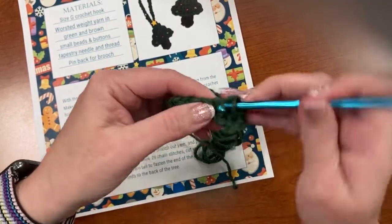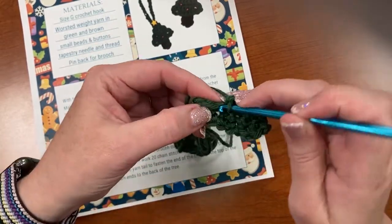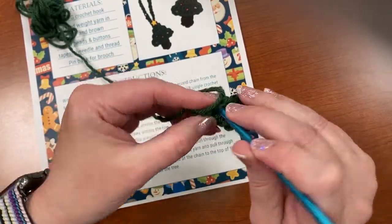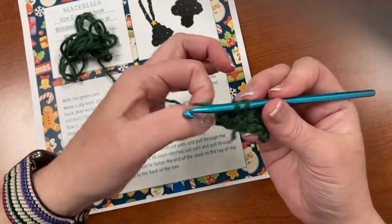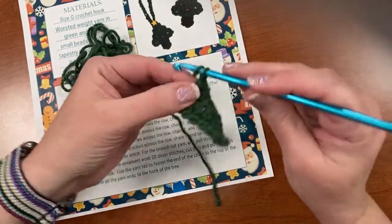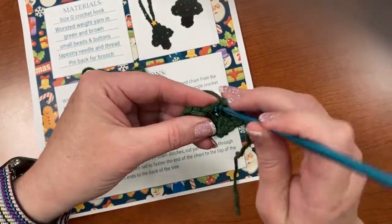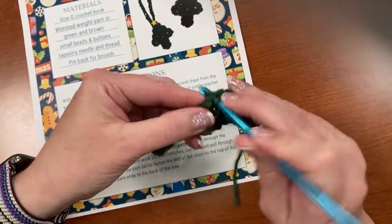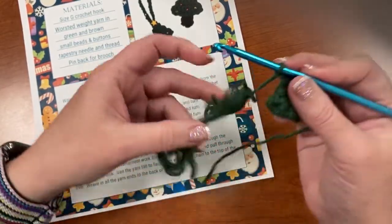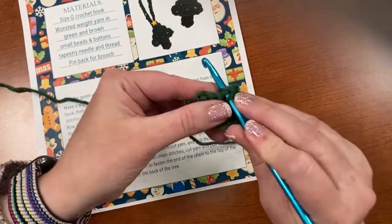Go back across, working 1 less single crochet stitch on each row. Oops, see my tail flipped up. Pull that tail right out. Okay. And we're going to chain 1, turn, work across again, chain 1, turn, skipping the first,